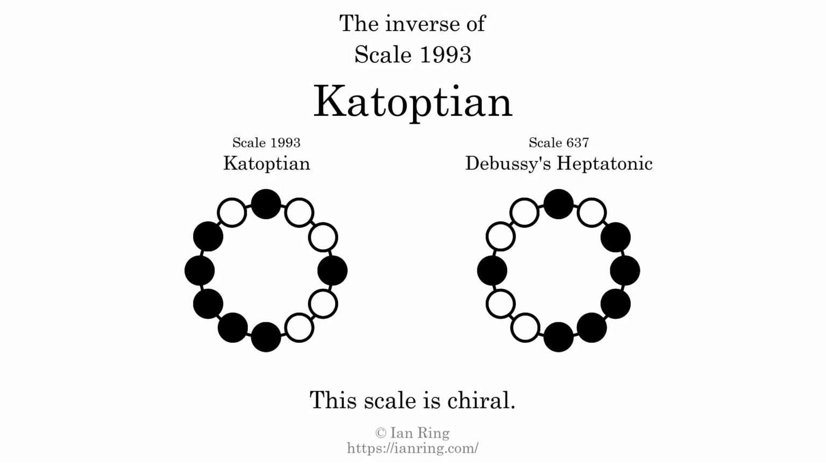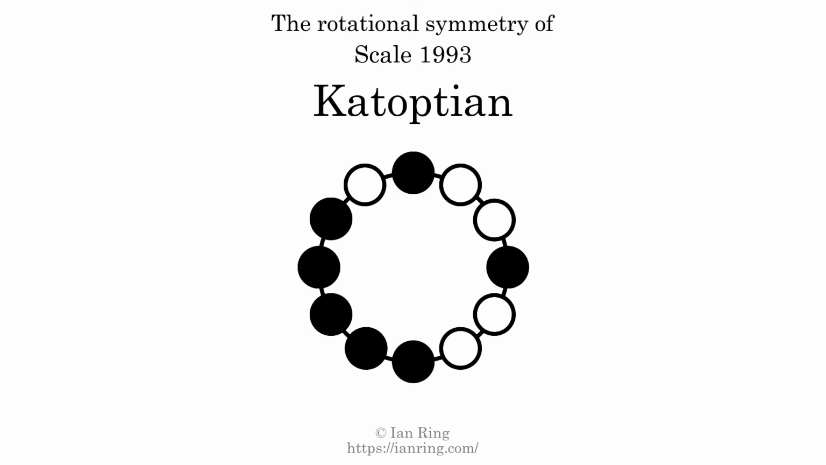The inverse of a scale is a mirror image. It is what you get when the sequence of intervals is reversed. The inverse of this scale is scale 637, also known as Debussy's heptatonic. This scale is chiral. It cannot transform into its inverse by rotational transformation. This scale has no rotational symmetry. For even more detail about this scale, visit